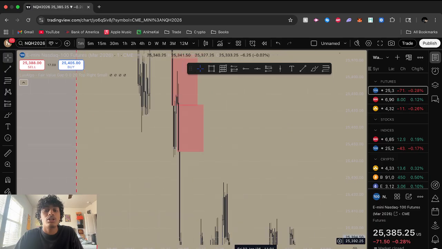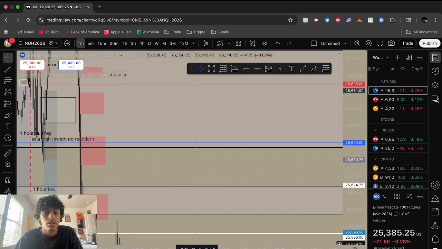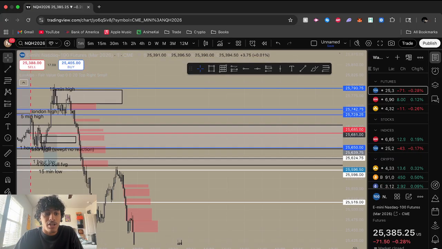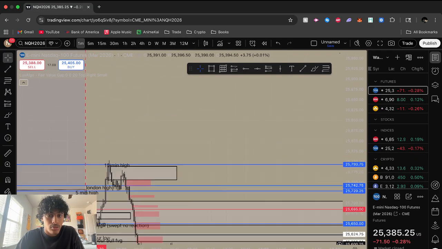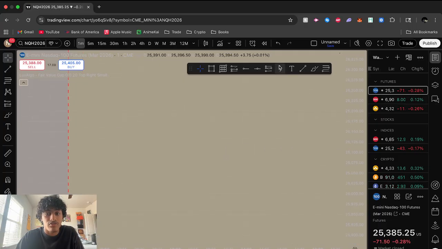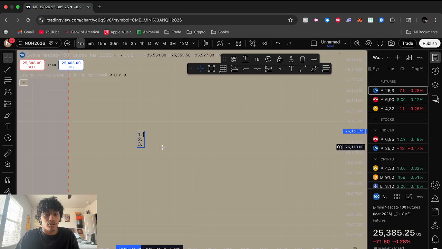All right. So the first things you need to know about the strategy, and these are the three things that you have to do for the strategy. This strategy is based on draws on liquidity. All right, so there's three things that you need to do to have this strategy fully locked in. First thing that you need is